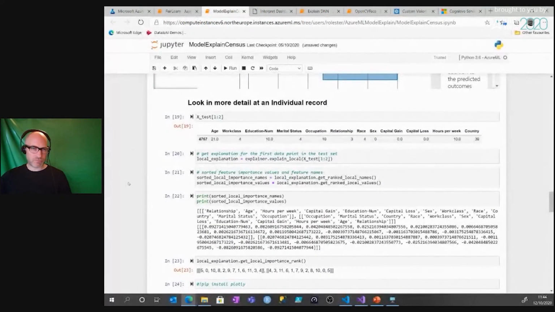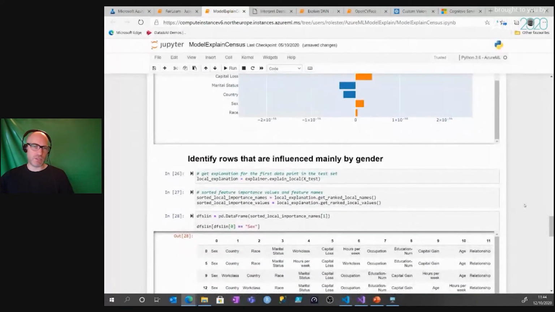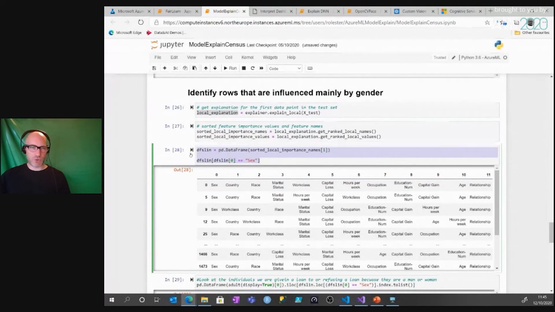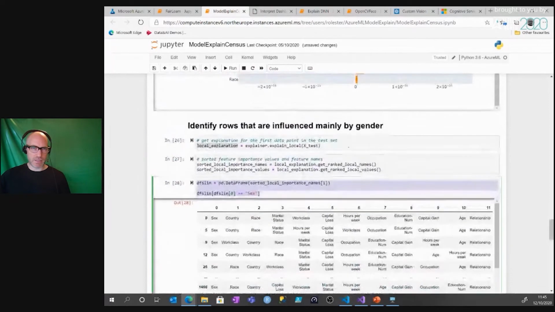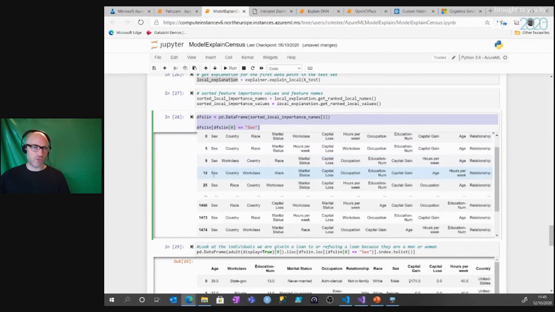Okay, so we can also visualize this in different ways. And then if we wanted to understand using the local explanations, going row by row, we could look at everyone from the data frame where their gender is the primary contributor to the decision for them to get a loan. So what we're doing here is looking at all the rows where